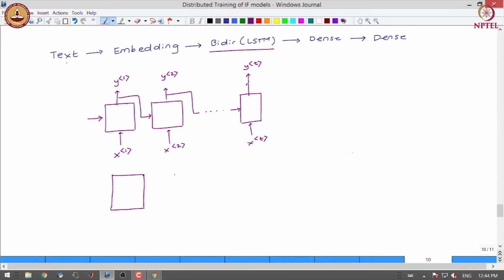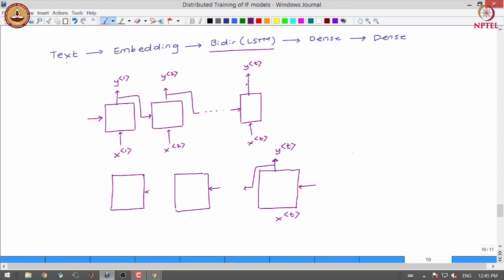In the bidirectional one, we also define a backward pass, where we pass the result of the ith node to the i minus 1th node as a recurrent connection.